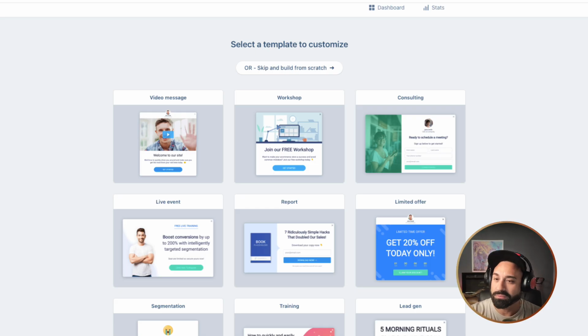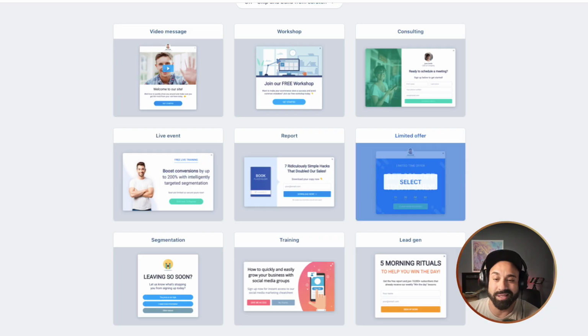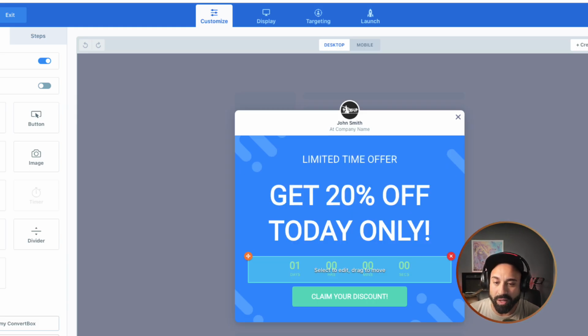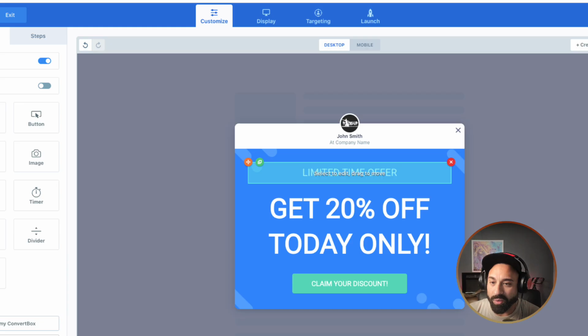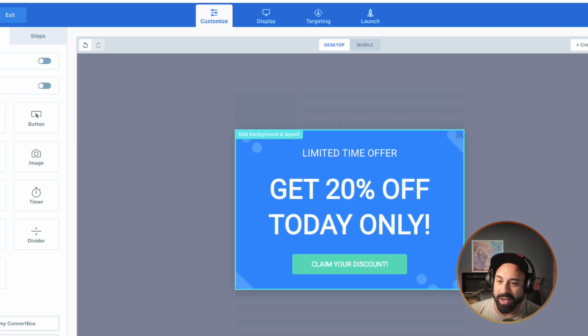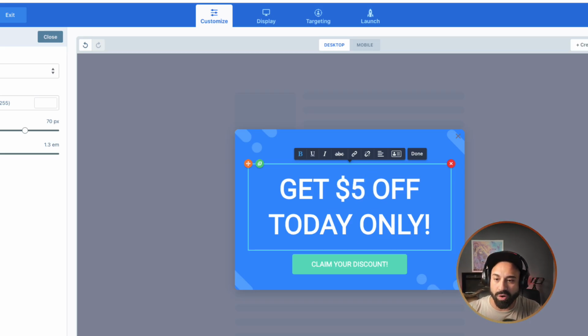So you can see here, we've got a couple of them. We could start from scratch, or we can start with the different templates that they have. I get 20% off today because that is exactly what I'm doing. So let's start with that one, and you can see it pulls up everything, and we can click and start editing whatever we want. So let's get rid of that. We are going to get rid of this top section. I don't like that. So you can see right here you have user profile checked off. I'm just going to check that off, and now we got a full box that says limited time offer. We're going to say get $5 off